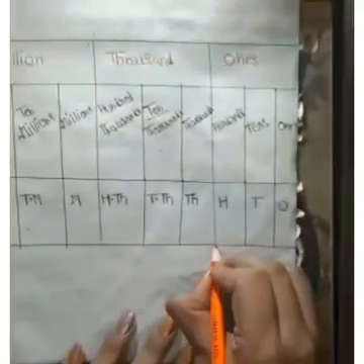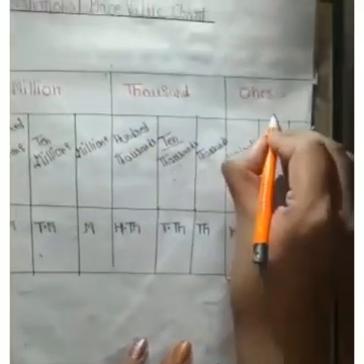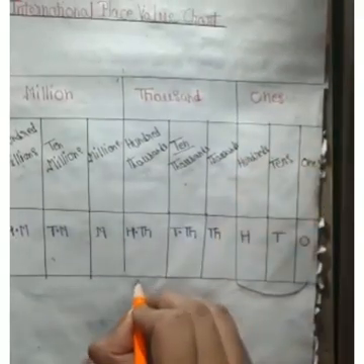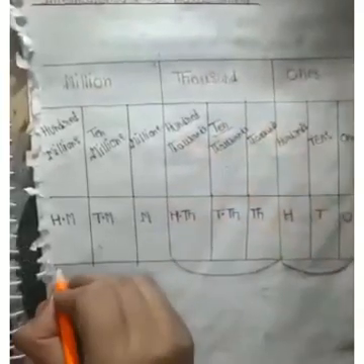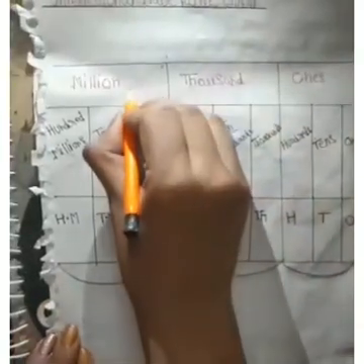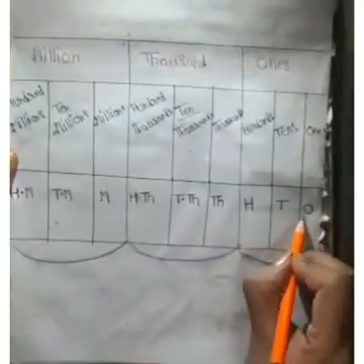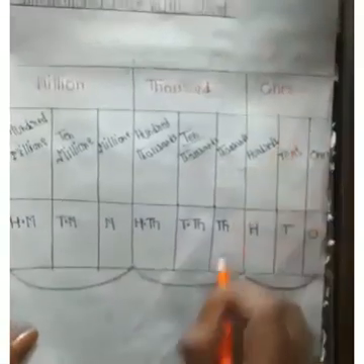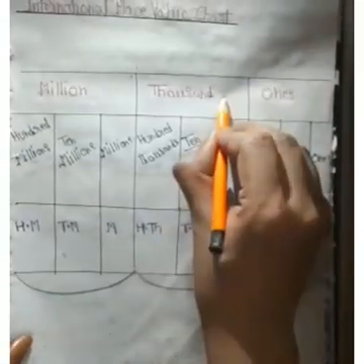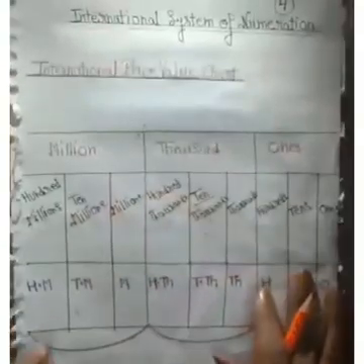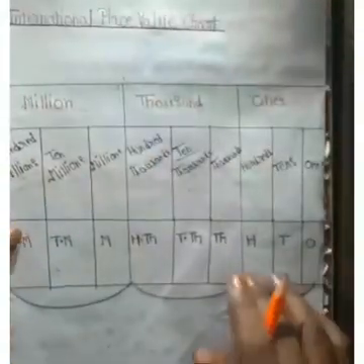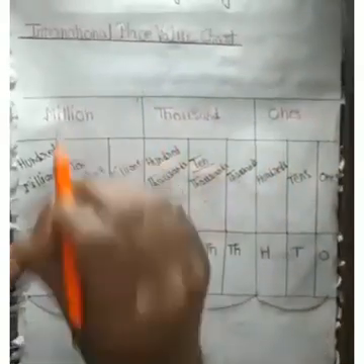Now these are the members of the ones family, these three are the members of the thousand family, and these are the members of the millions family. There are three members in the ones family, three members in the thousand family and three members in the millions family. So we can say that there are three members in each family.